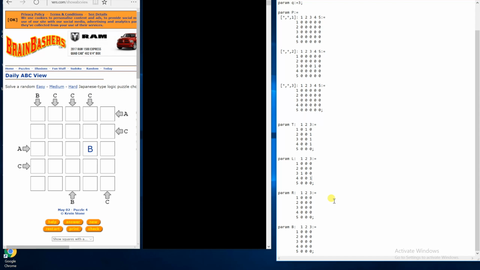For this next part, we take the hints at the top, left, right, and bottom of the matrix and fill them in accordingly in the individual smaller matrix for param T, param L, param R, and param B. The columns correspond to A, B, and C, with 1 being A, 2 being B, and 3 being C. And then the rows correspond to the columns at the top or bottom and the rows on the left or right. And as we can see, we have